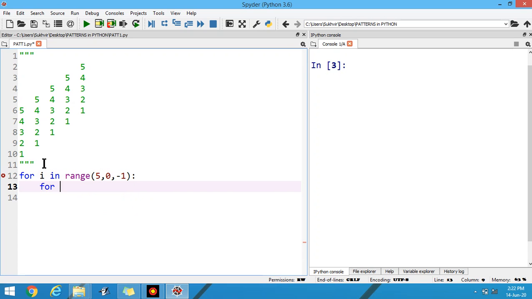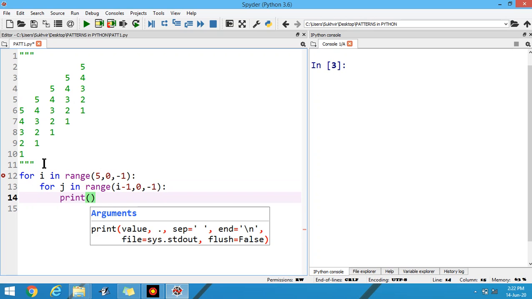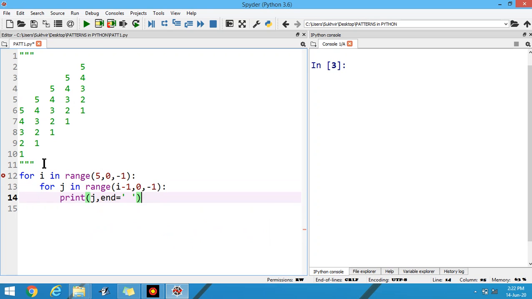Then for j in range(i - 1, 0, -1), then print j, then end with single quote,